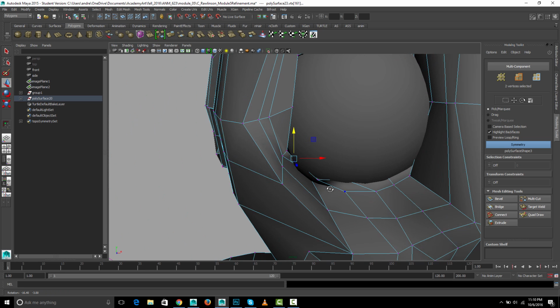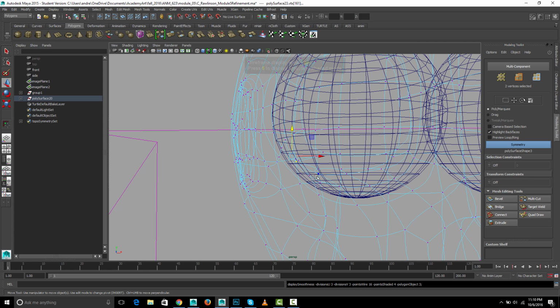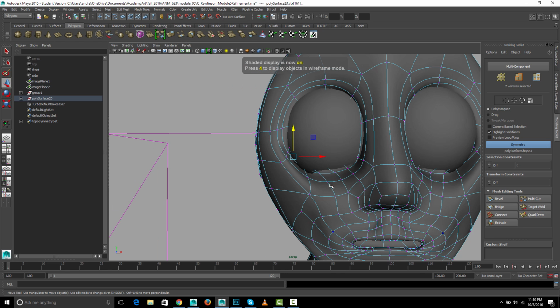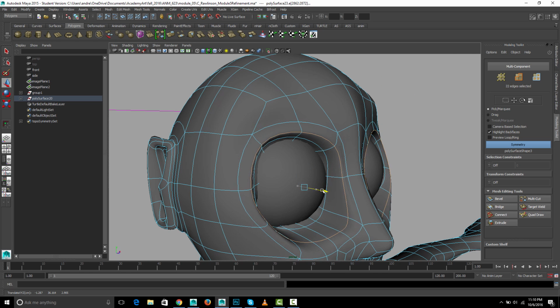Yeah, there's a few points in here that got a little bit of a mess to clean up there. So you want to pull those out. But I think hopefully you're getting the idea. Get this to conform a little bit, then start working with these other edges, and you can